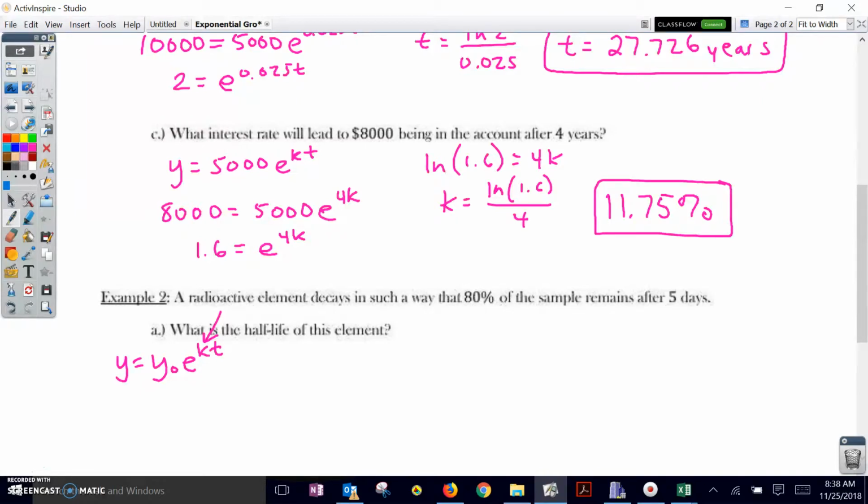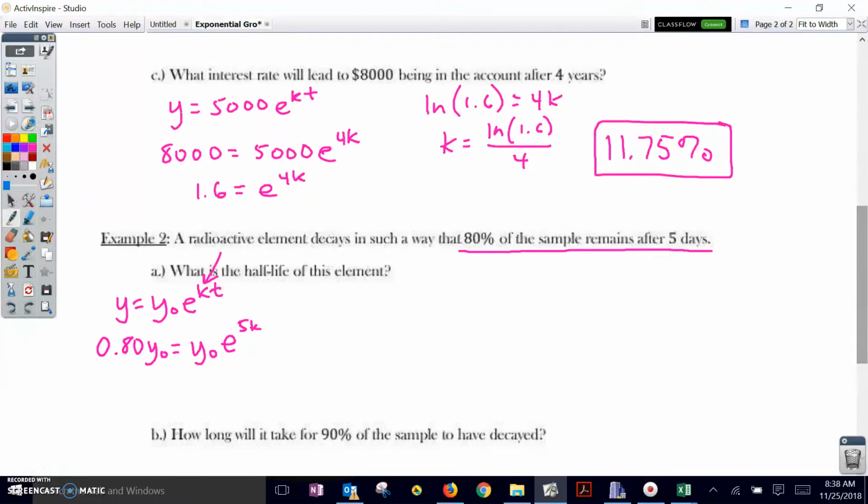Well, we're told that 80% of the sample remains after 5 days. To write 80% of the sample, that's 0.80 times the initial amount that was there. That's how much is left. And so now I can solve this equation for k. In order to get the rate constant, I divide both sides by y sub 0. Take the natural log of both sides. And so my rate constant is the natural log of 0.8